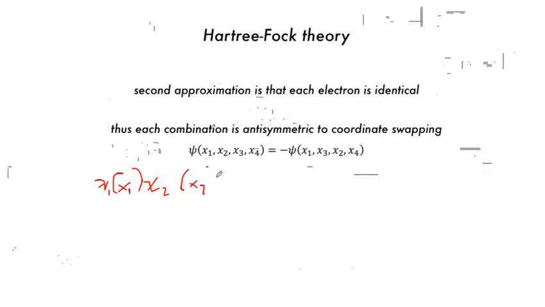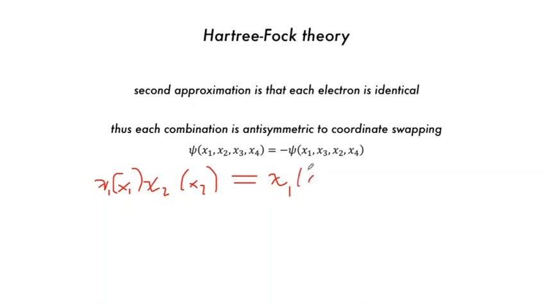We cannot have a system where, if we change the position of electron 1 to be x2, this system is equal to the original. We've changed the position of the electrons, so they cannot be equal to each other. Because if they are, then they're not satisfying the Pauli exclusion principle, which means we have to form them as a linear combination of each other. And so what would happen is the wave function is going to be equal to